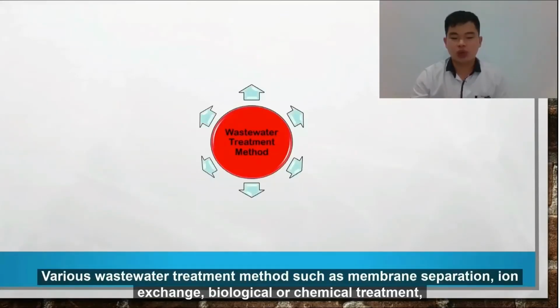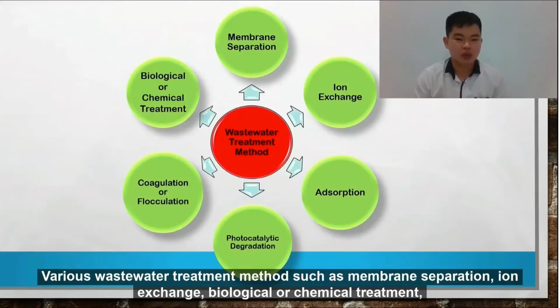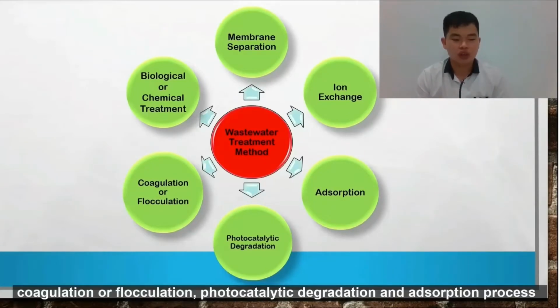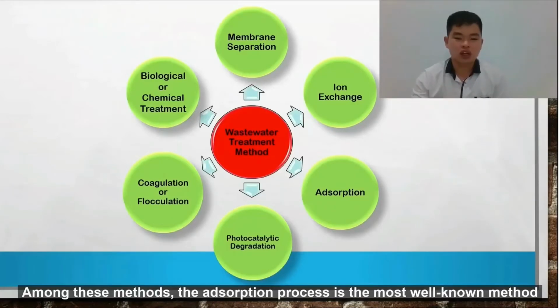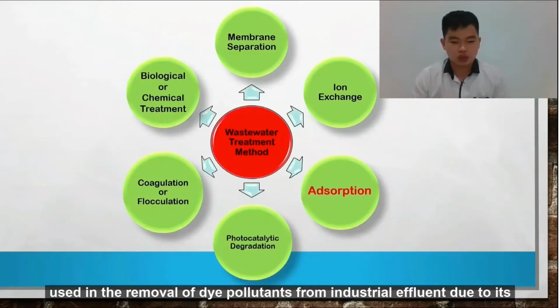Various wastewater treatment methods, such as membrane separation, ion exchange, biological or chemical treatment, coagulation or flocculation, photocatalytic degradation, and adsorption process, are normally used to remove dye pollutants from wastewater. Among these methods, the adsorption process is the most well-known method used in the removal of dye pollutants from industry effluents